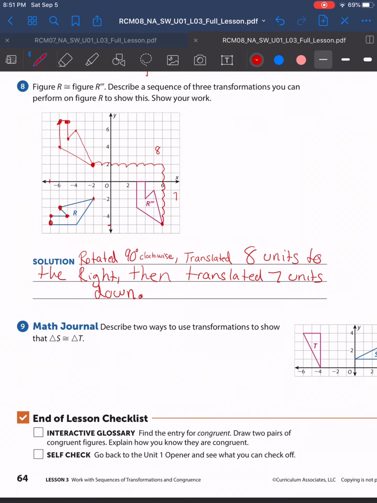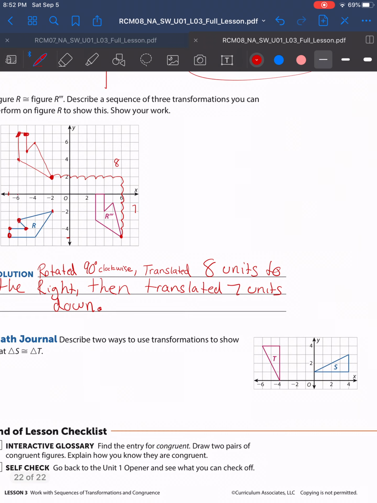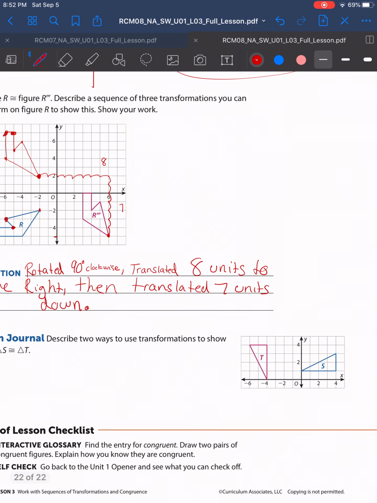Okay, last one, number 9. Describe 2 ways that you could transform triangle S to show that it's congruent to triangle T. So let's see here. It definitely looks like it got a nice little rotation it put in there. Okay, I would say 90 degrees counterclockwise, so S would go 90 degrees this way. If it went 90 degrees this way, it would just kind of look like a